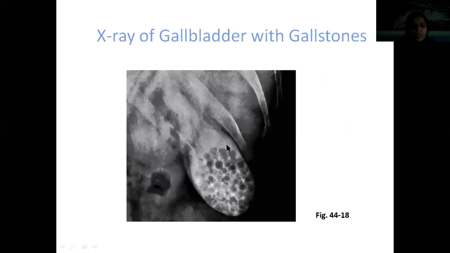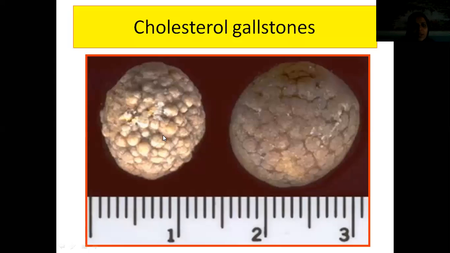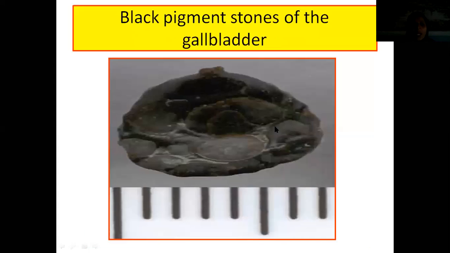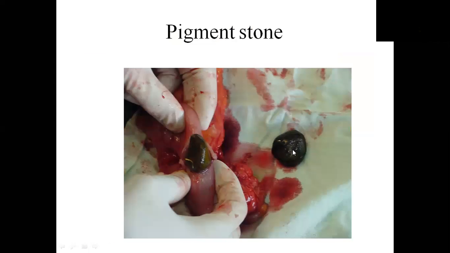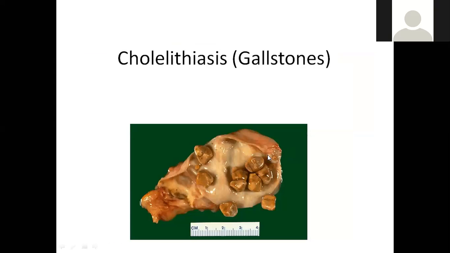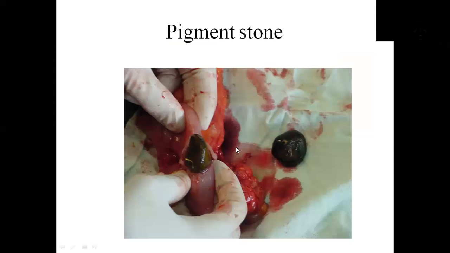Okay. This is an X-ray, cholecystography. I have shown you many cholecystographies previously. So many stones are found inside the gallbladder. Stones are also of different types, beta. If a lot of fatty acid collection is making the stone, you call it a cholesterol stone. If a lot of bile pigments are there inside the stones, you call them pigment stones, black pigment stones. You can see how the pigment stones are being removed. These are cholesterol stones, yellow in color. Greenish, blackish ones are pigment stones.